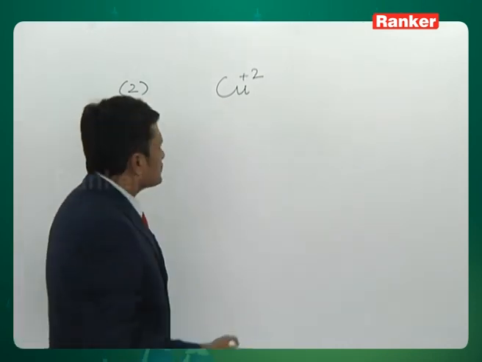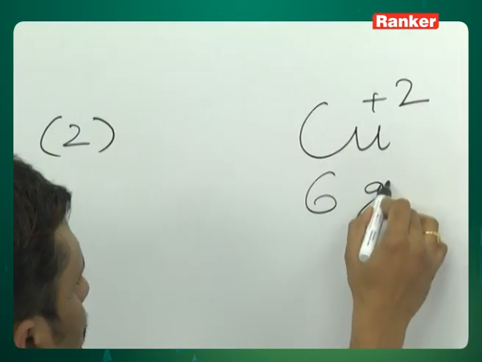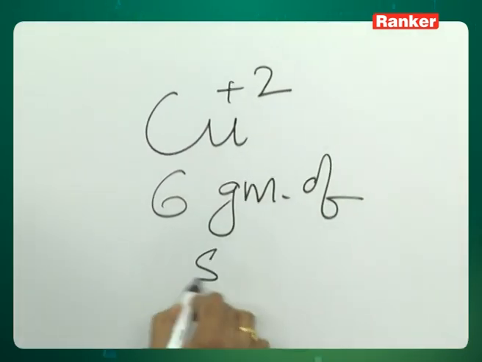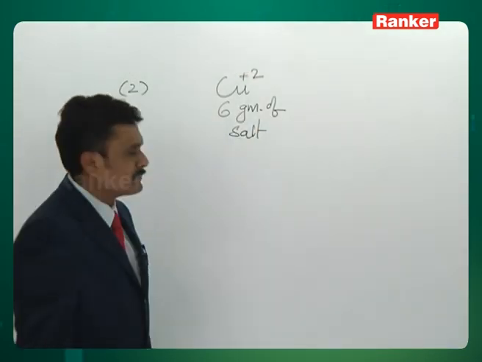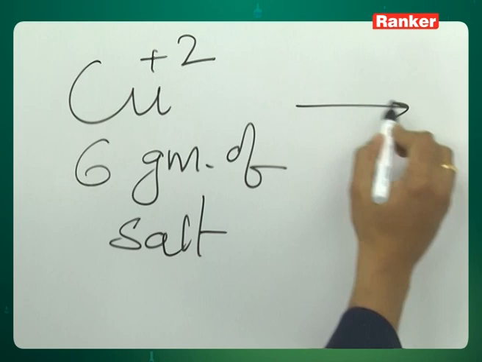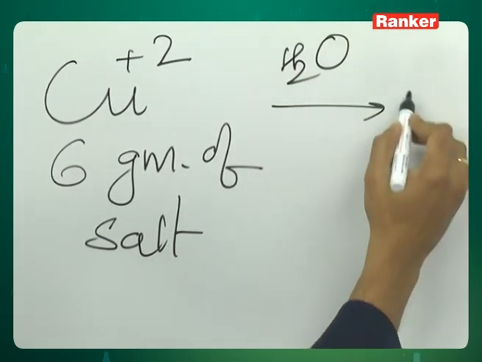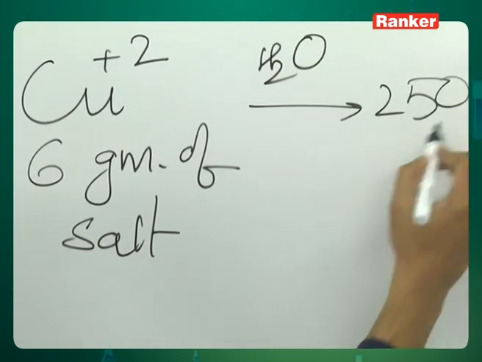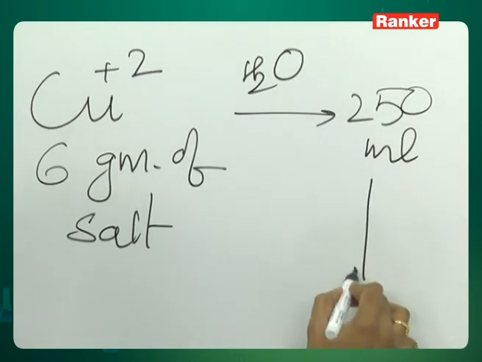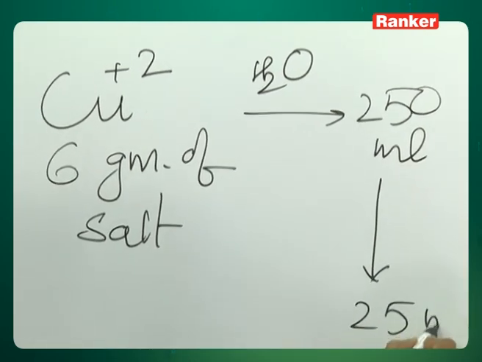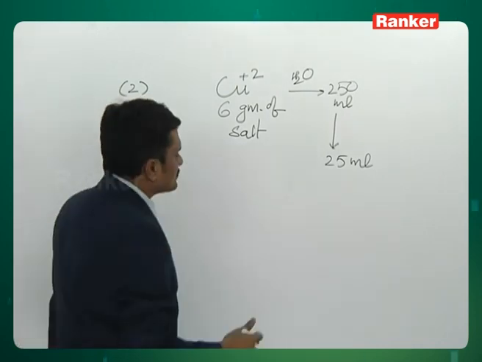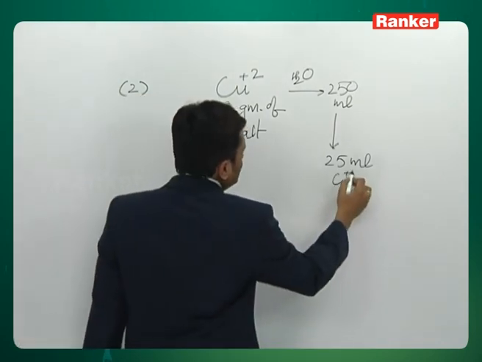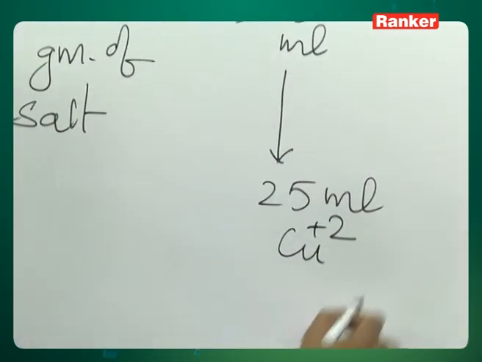Now when this 6 gram of the salt, whatever you have taken, is dissolved in water and made up to 250 ml by adding H2O, you diluted the solution to 250 ml. From that 250 ml you picked up only 25 ml for the concerned reaction. I mean to say the 25 ml of this solution, which obviously comprises the copper +2,